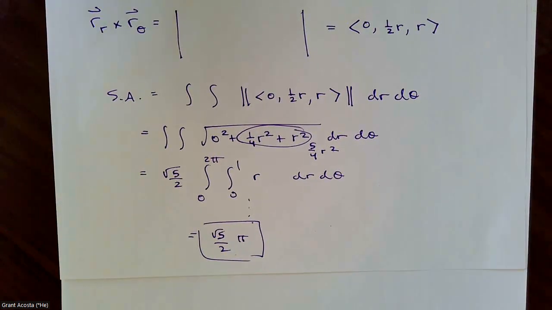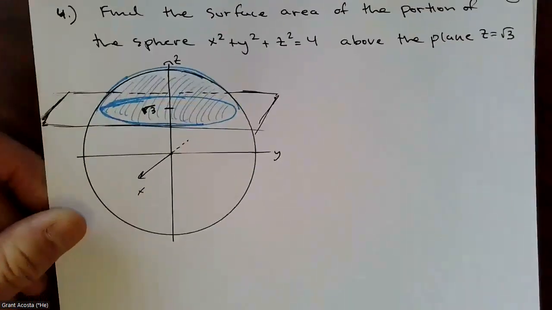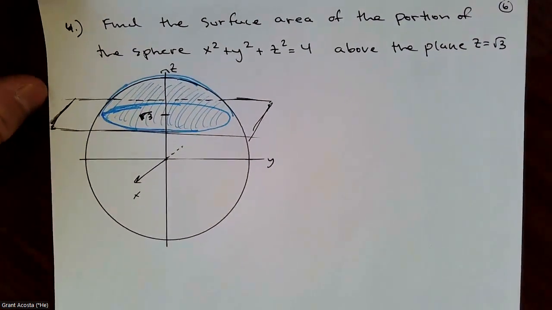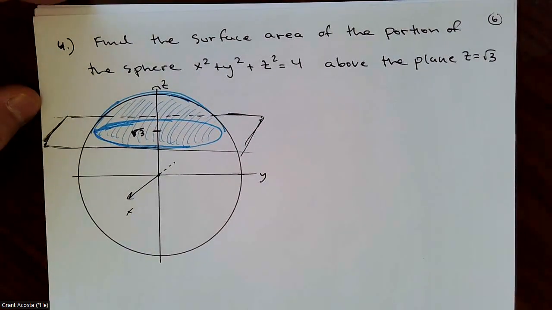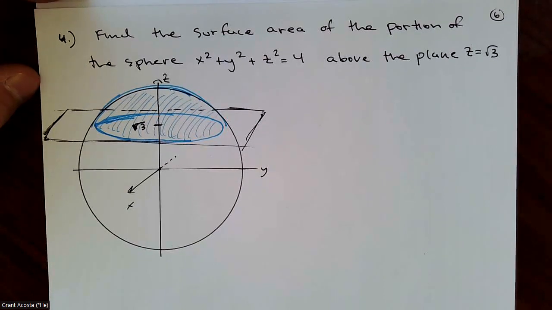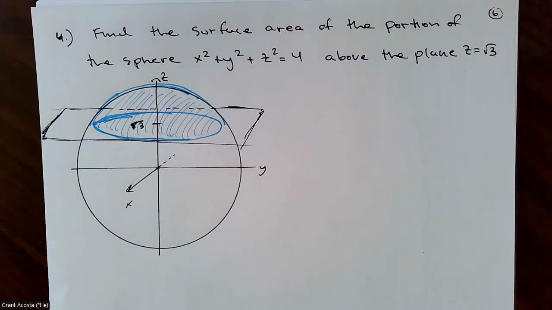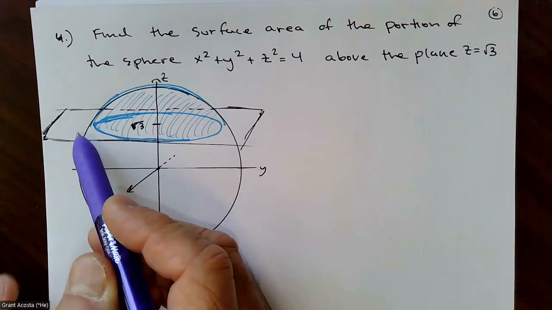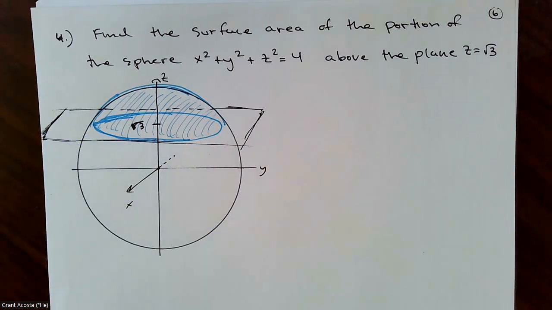Okay, one more. Save the best for last here. Best meaning probably the most difficult. As you've seen, a lot of the parameterizations we've been using r and theta, right? I guess the first one we did z and theta. But if I want to parameterize something that involves a sphere, I'm probably going to need to use spherical coordinates